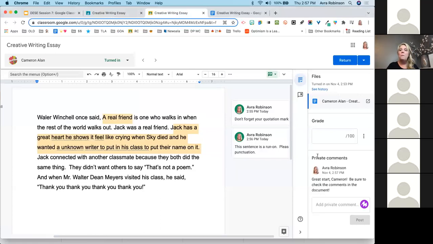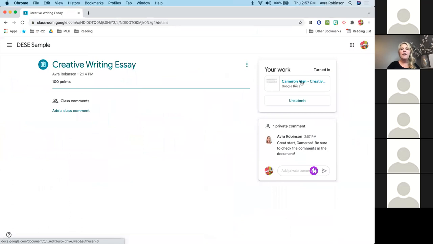So for sure. So here's the thing. I've given him some comments here in the Google Doc, okay, but I haven't returned this to him yet, okay? So there's this button called return up here in the top right. And until I hit return, when he comes over and he clicks on his assignment, like, so let me